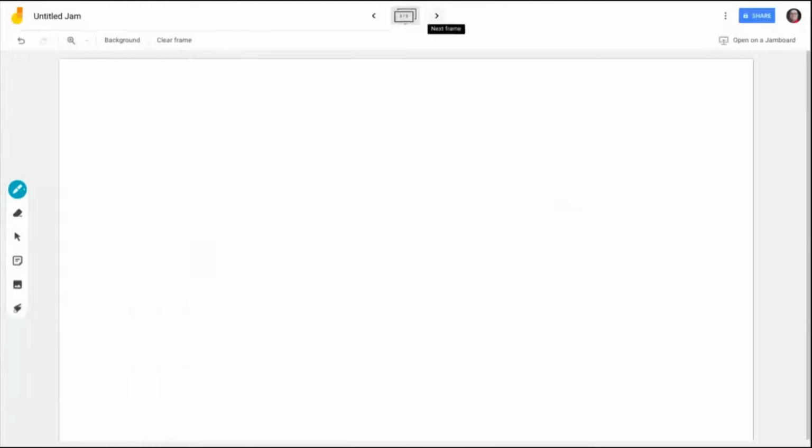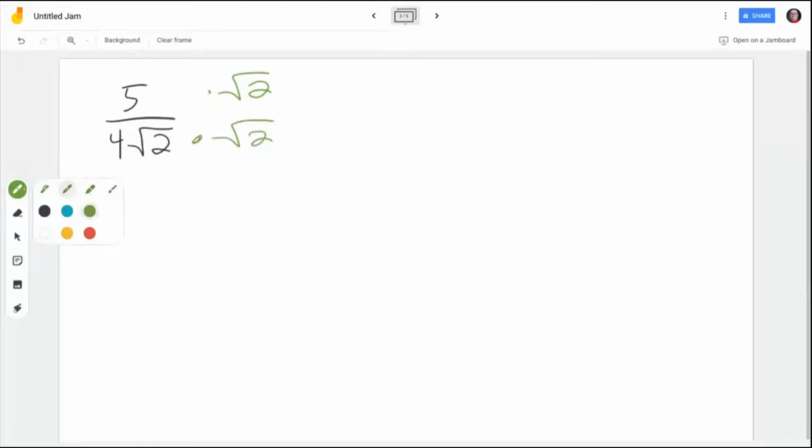Let's look at another example. Let's see, we got 5 divided by 4 times the square root of 2. Don't let the 4 confuse you at all. It's still the square root of 2 that we're worried about in the denominator. And so what we're going to do is multiply the numerator by square root of 2 and the denominator by square root of 2. And what we're going to end up with is 5 times the square root of 2